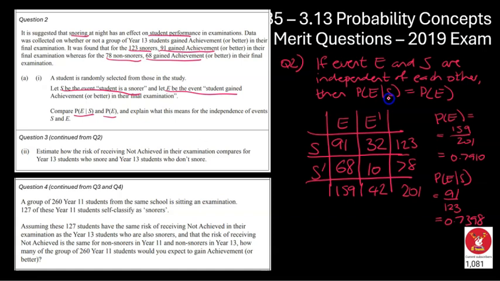So I've got my two numbers, and now I need to answer the question by comparing them. I said before, if they're independent, these two numbers should be the exact same. Whilst they're similar, they're about 5 to 6% off, which is quite different in terms of our probability. So we've now got evidence, because they're not equal to each other, that events E and S are not independent. So as the probability of E given S is not equal to the probability of E, we can confirm